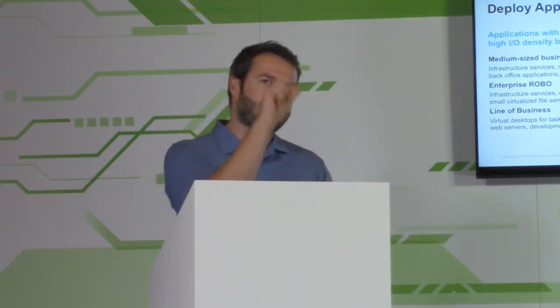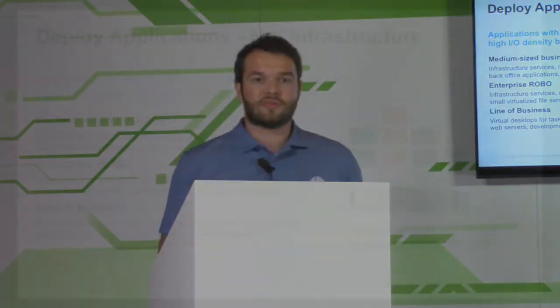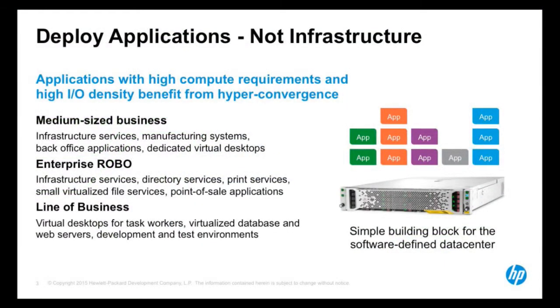And owning this entire stack can be very, very complicated because you kind of have to be an expert in all of these layers in between. And this is where our product here comes in and really helps to take some of the guesswork out of this solution stack. And especially in medium-sized businesses, that is where it comes in handy, just because it's all pre-integrated by HP. So it's really about deploying applications, virtualized workloads, really finding the right platform for your